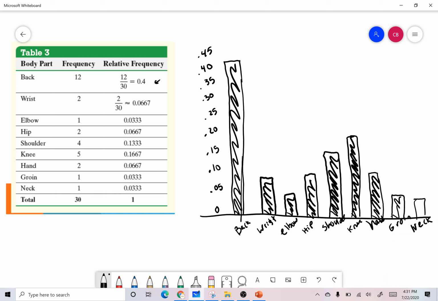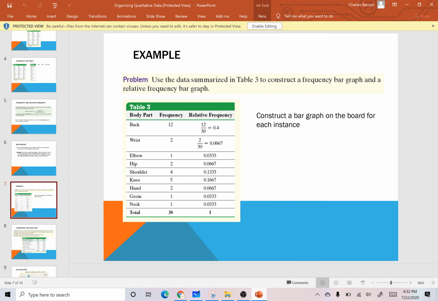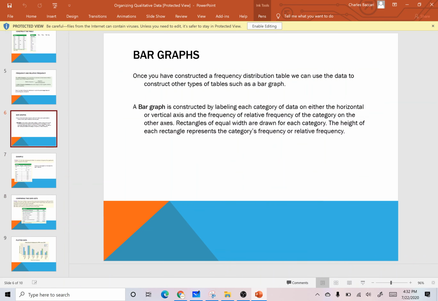Now this is a bar graph and not a histogram, because if it was a histogram, these would be actually touching, so you'd have something that looks like this instead. And so on and so forth. But we will do histograms, so make sure you're paying attention on that part. I'm not sure if we do it in this set or not, but if we look at the next one,